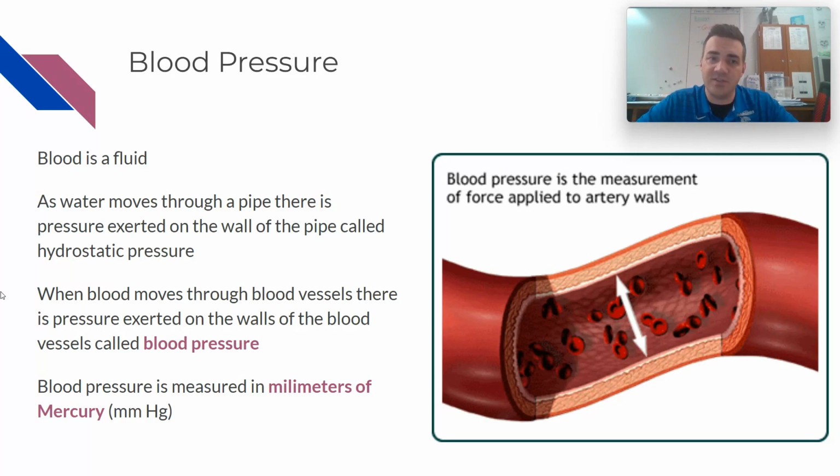When we measure blood pressure, we're measuring the pressure of blood in the arteries, and that's usually done out on the arm. The unit we use is called millimeters of mercury. It's kind of an older unit, and we don't really use mercury when we're doing it anymore. But just like old thermometers used mercury, a silver metallic element, where the column of mercury would go up and down in an old-fashioned thermometer,